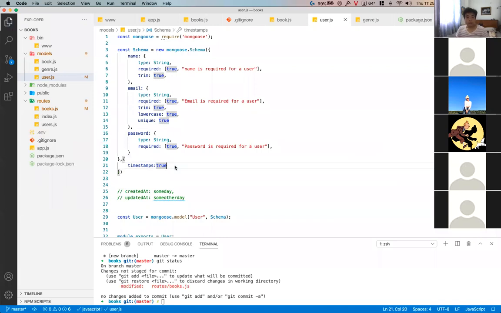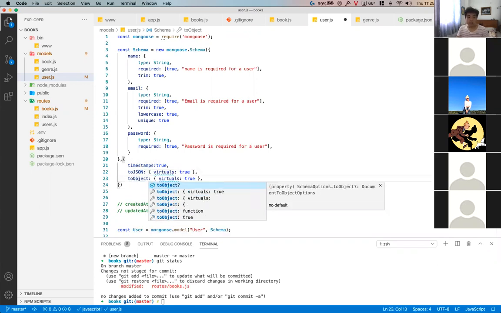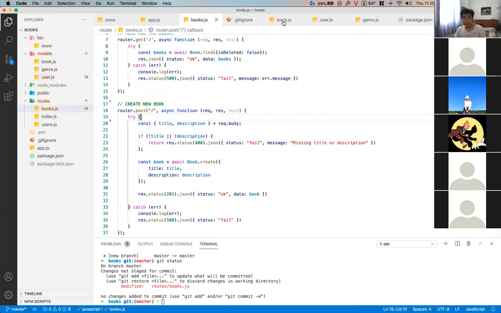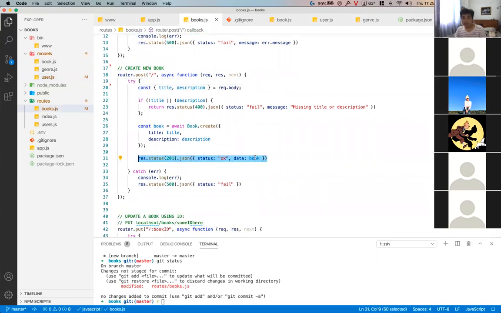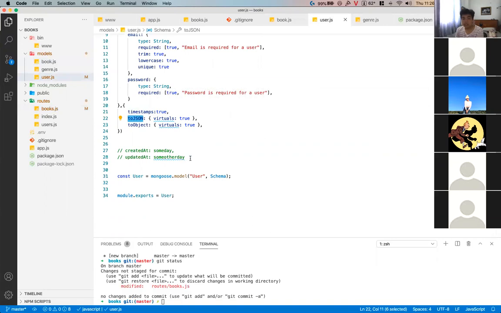Just type it. I will explain this one later. toObject true. Yeah, this one is a little bit harder to explain, but just type it like this. toJSON here is actually used when we return the data. The book here is not a JSON format, it's just a JavaScript format, and basically this toJSON will convert the JavaScript object into a JSON object for the response. So basically, when you do